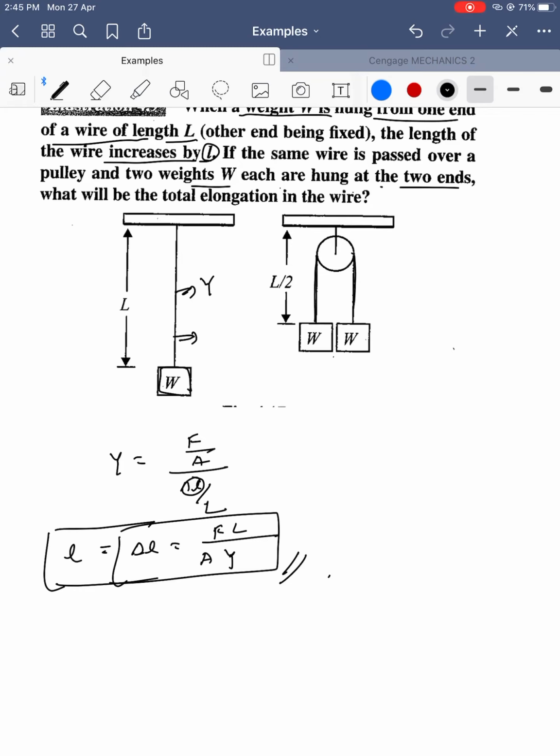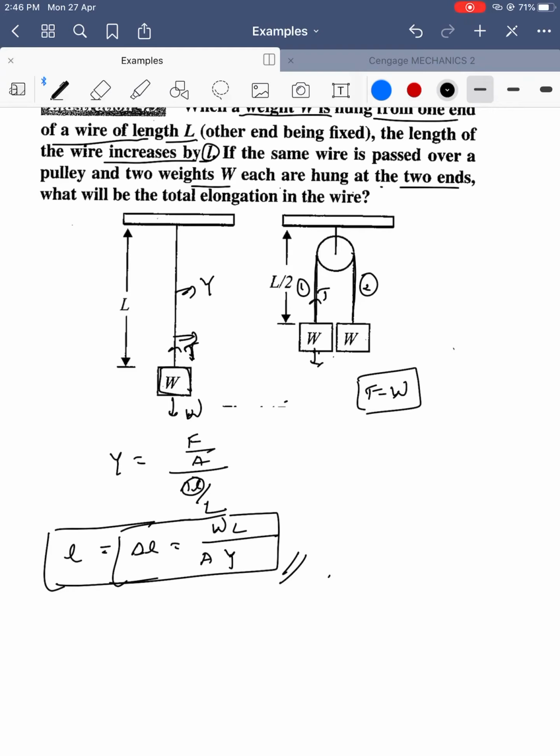Here how many sections of the rope are there? Two sections, first section and second section. How much total elongation does it undergo? Let's calculate. This doesn't have any acceleration because W in the downward direction on both sides gets cancelled, net force is equal to 0. If it doesn't have acceleration, what is the tension in this? T is equal to W. So a force is nothing but the tension in the rope. T is nothing but W.